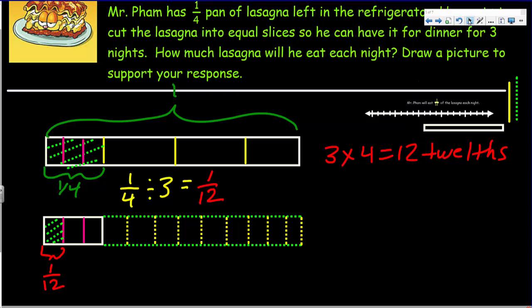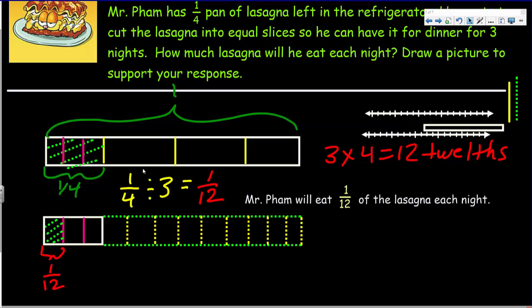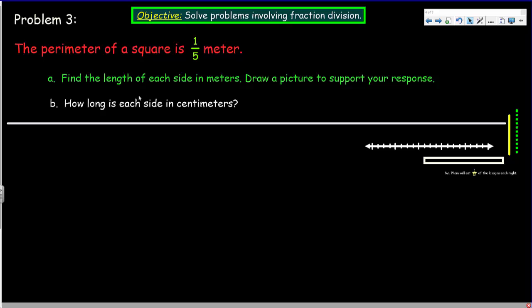Finally, we would have our written statement that we'd want to put. So basically, Mr. Pham will eat 1/12 of the lasagna each night for 3 nights, which would be 3/12 over the course. So 3/12 is equal to 1/4. Perfect. Let's go on. Now it says here we have problem 3, says the perimeter of a square is 1/5